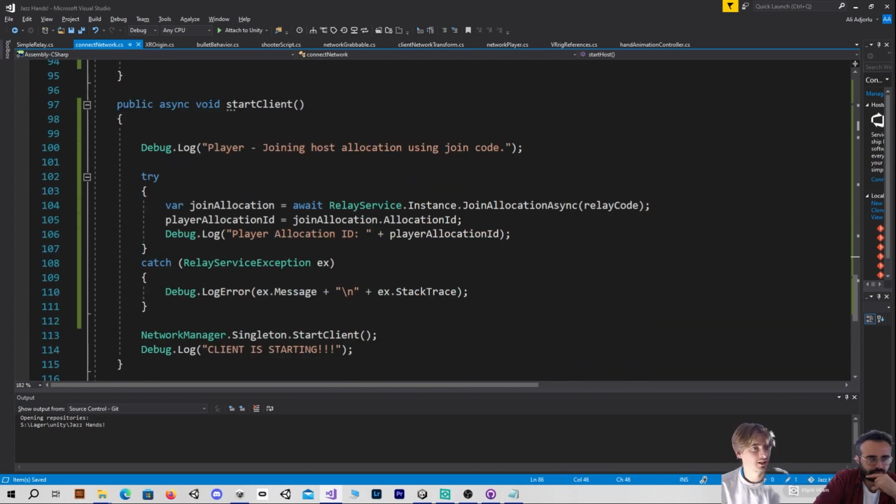Now we're going to do a similar thing for the client, with the difference being we're going to get the relay join code from the lobby. So Unity Lobbies provide a method that allows you to join any lobby that's available, asynchronously. For our use case, that's what we want. We want anyone to be able to just join automatically onto our server. So the first thing we're going to do inside our try method is